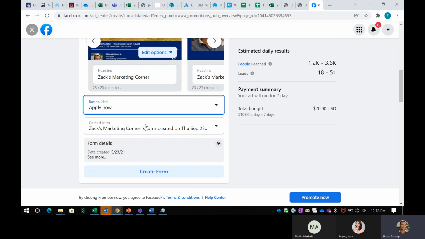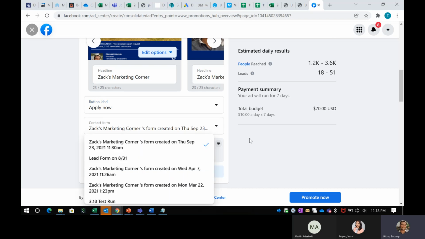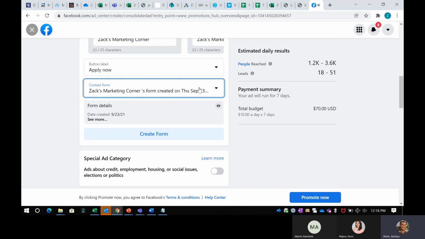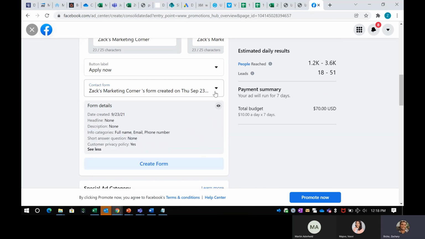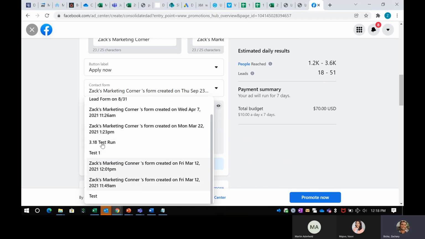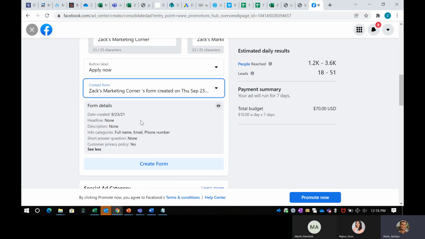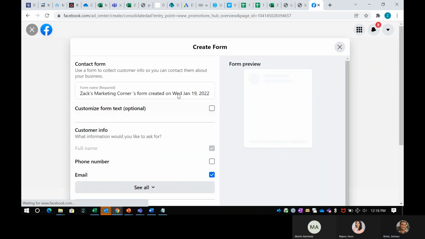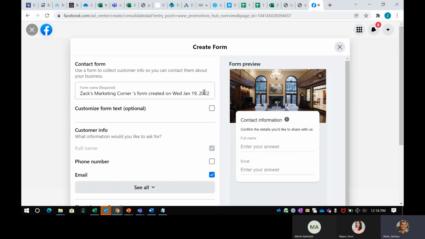And then for your contact form, this is actually your lead form of what you're doing. So right here is if I had past lead forms that I've done, and these are from past workshops that I've done. So if you've never done it before, this won't come up. But here, right where we hit create form, is where you're going to create your actual lead form for what you're dealing with. So what a lead ad is, it makes them a person before they land on the page